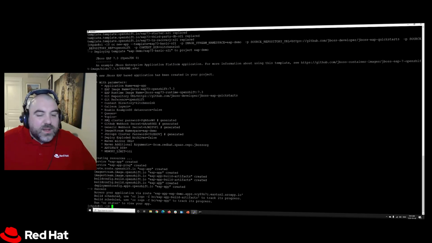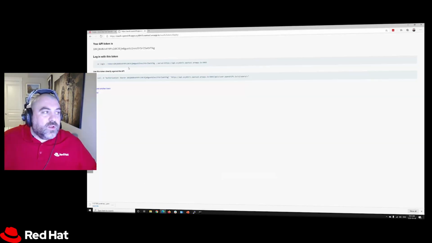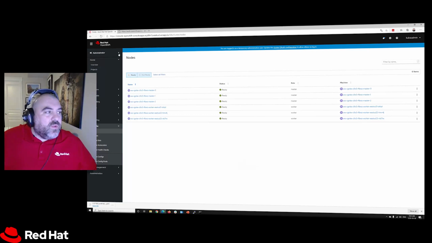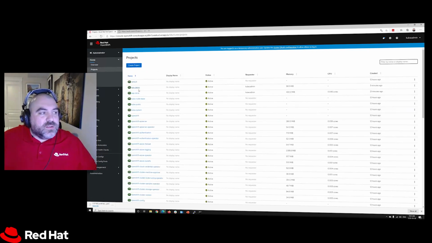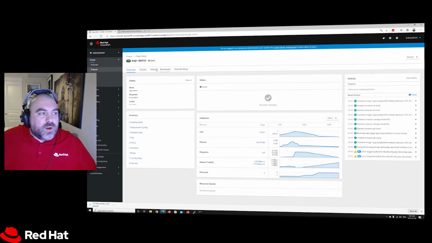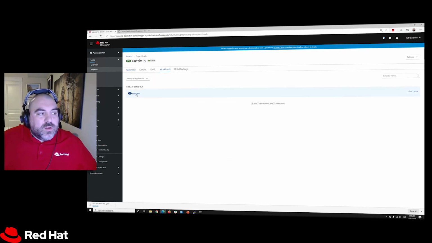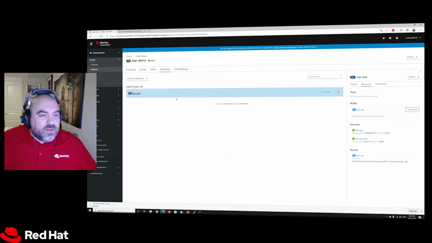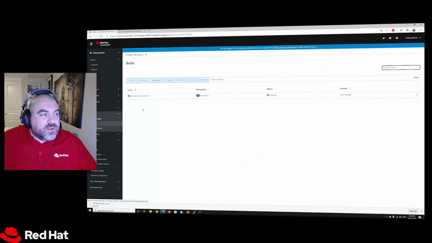Which can take a few minutes, but I have one that's already built, so I'm going to show you what it looks like in progress. So if we go to projects, we go to EAP demo, which is what we're working on. You can see workloads. The EAP app is what is deployed, and you can see it's got builds available. So if we go down into the actual build section, so we're in the proper project, it's actually running this